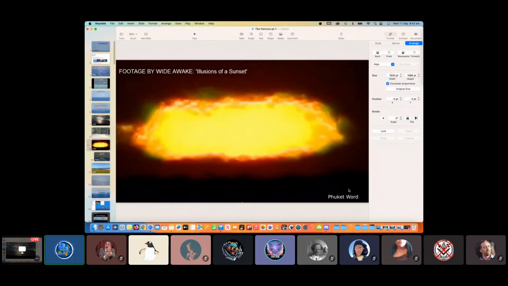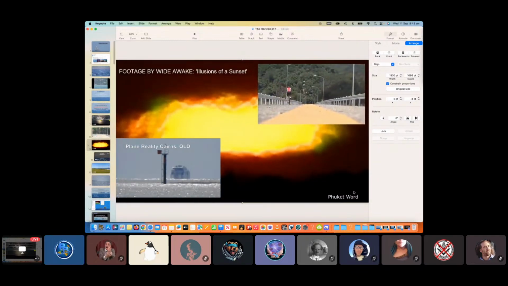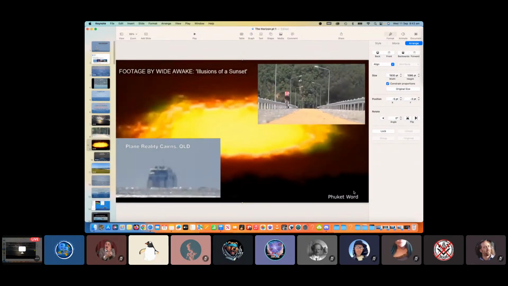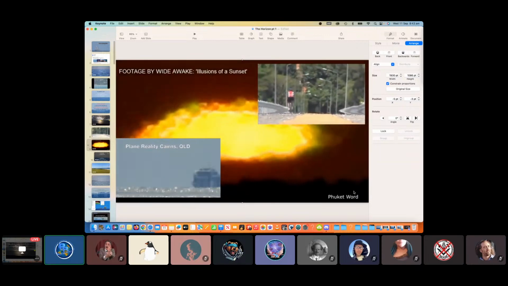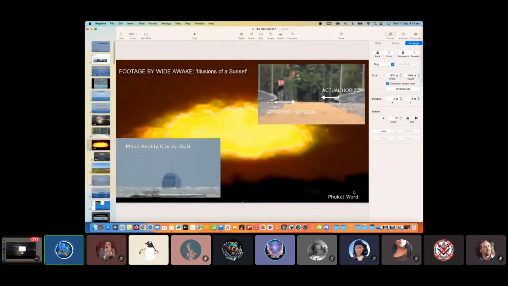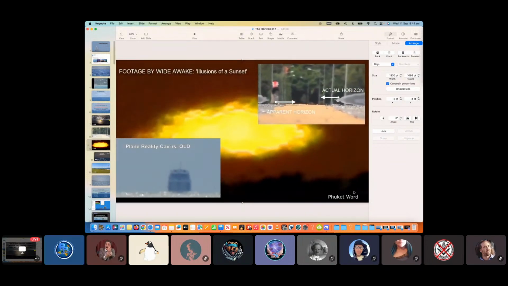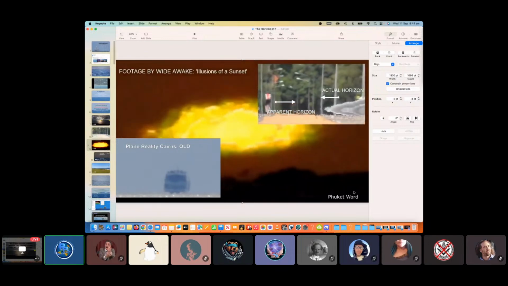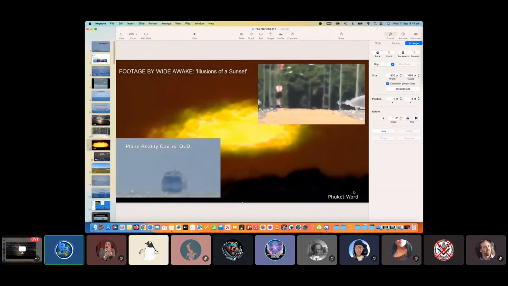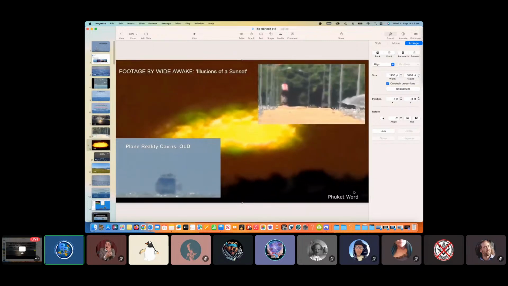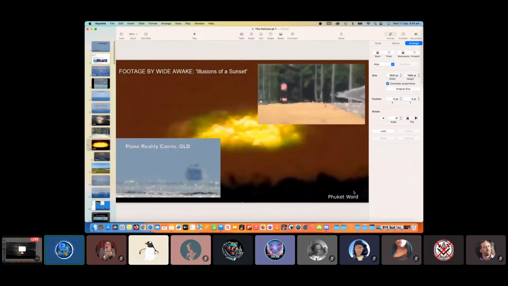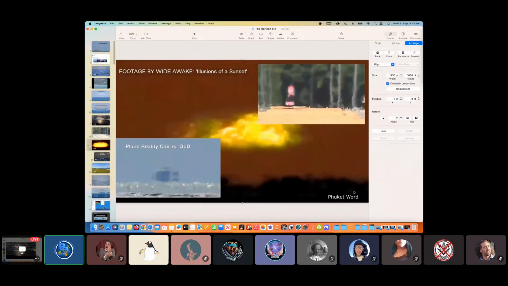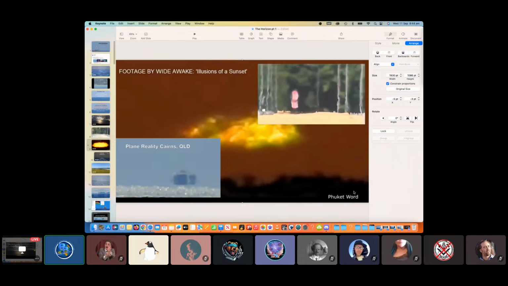All right, so here's a video, there's no sound on this one. Here we have a video of Wide Awakes, the last part of the sun going down. In the top corner you have Phuket Word, and in the bottom one is one of mine. These are all going over a flat plane. We know that the top one is actually flat because that's on a dam. So we see the person disappearing over a flat surface. The boat that I filmed is also doing the exact same thing, and the sun in this instance is doing the same thing. They're all disappearing at a relatively uniform rate.